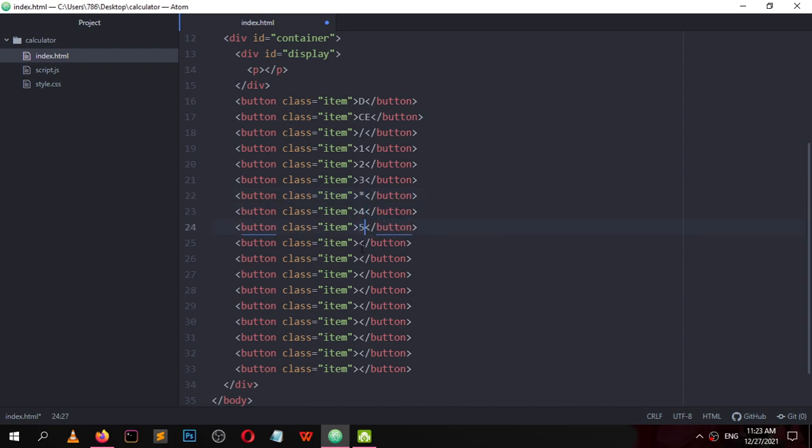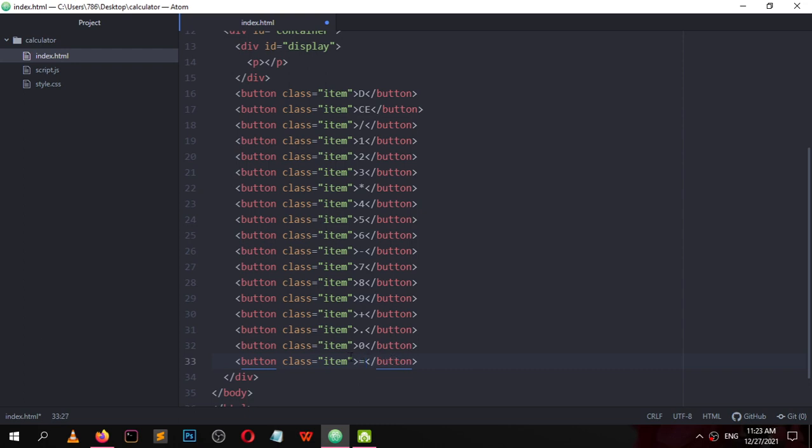Then 4, 5, 6, and 7 is minus, subtraction. Then 7, 8, 9, and addition. Here goes the dot operator, and 0 and equal.